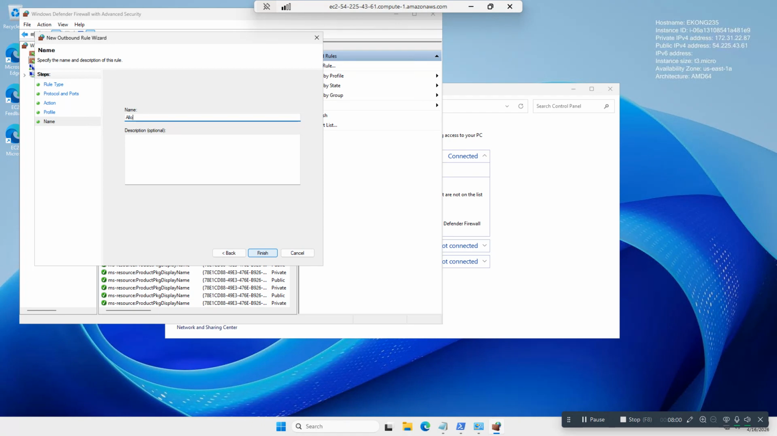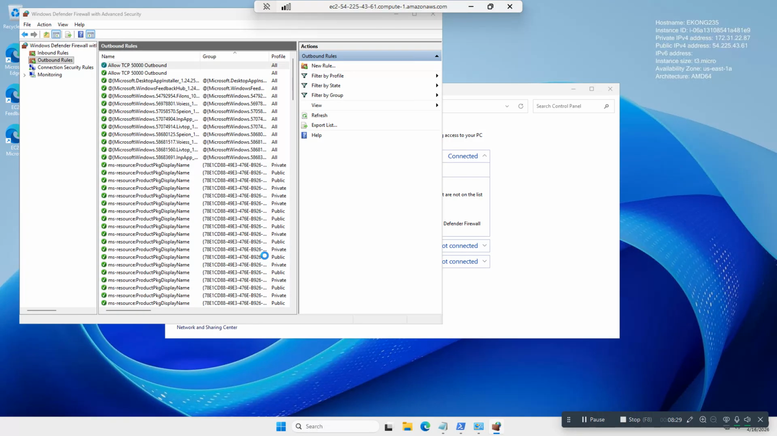Then the same thing here. Allow TCP 50,000 outbound. Finish. Okay, here it has created